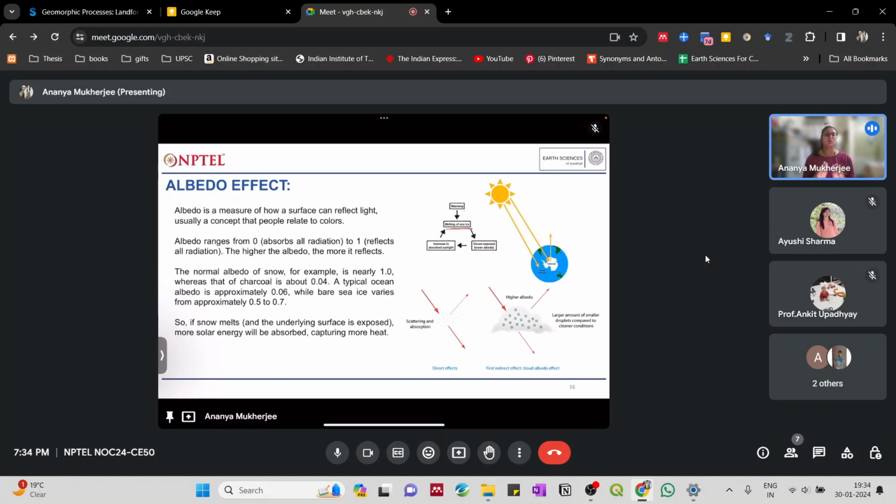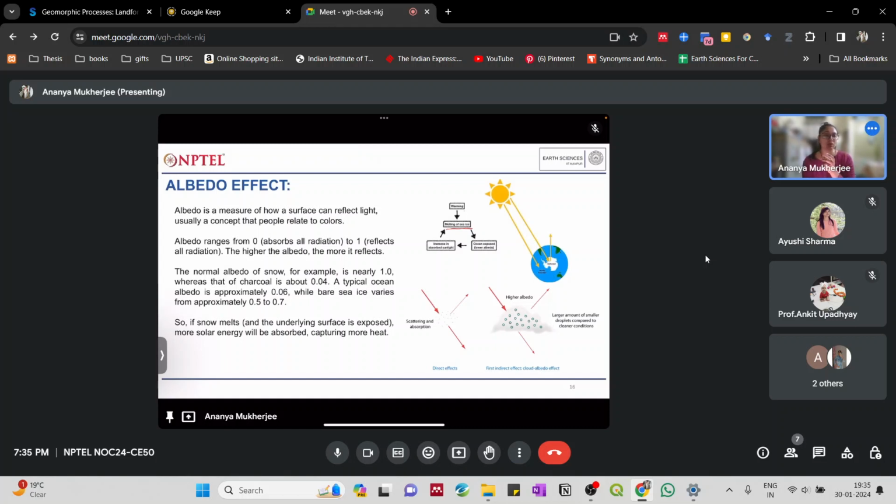And if the material absorbs the light and nothing is being reflected back, then, because light is electromagnetic radiation, the energy it carries is going to change into heat. That is why albedo is important for us to understand how light interacts with the Earth's surface, and how the heating, warming or cooling is going to take place.